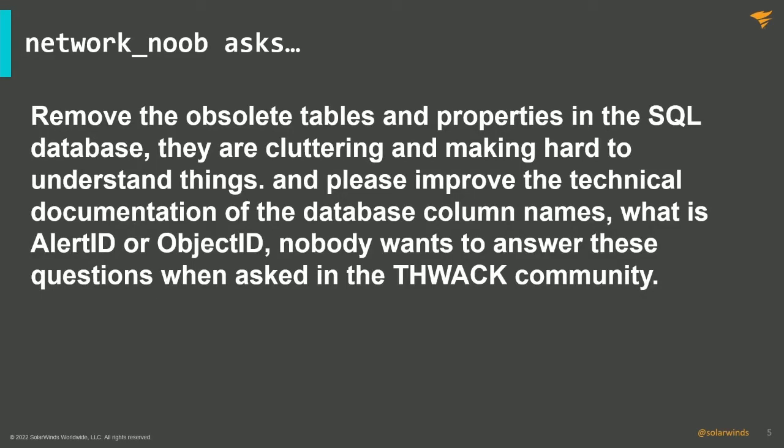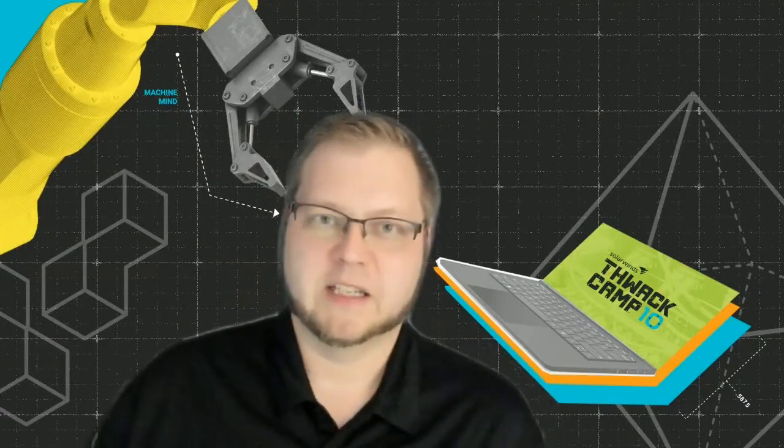Network Noob, you are 100% correct, and I'm going to tell you we are probably not going to do that the way you think we are. I say this in the nicest way possible. We're not going to give you a data dictionary because it changes every schema release. It doesn't do us any good to build it that way, then have to update pages and pages of documentation, only to have you go back and rebuild everything yourself. What I will tell you is you should be using the API and SWQL Studio, because SWQL Studio is actually self-documenting. The API self-documents on these things.